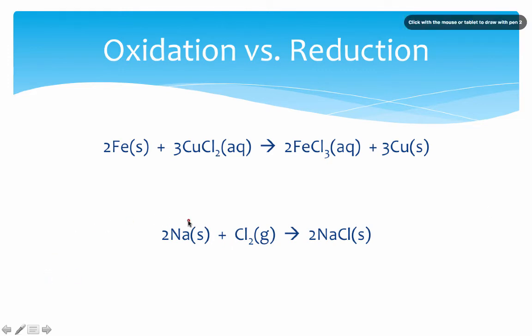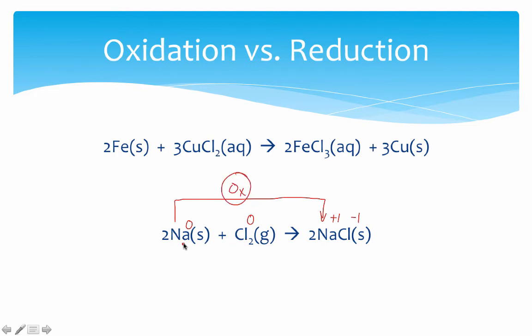We start with sodium metal. All elements always have a charge of 0. Chlorine gas, charge of 0. We end up with sodium chloride with a charge of +1 and -1. Again, the sodium has gone from 0 to +1, meaning it has been oxidized. The charge has gone up. Chlorine has gone from 0 over to -1, meaning it has been reduced. The charge has gone down, the chlorine gained electrons, and that attaches to our reduction definition. So being able to identify atoms as being reduced or oxidized is the first big step in working with reduction-oxidation